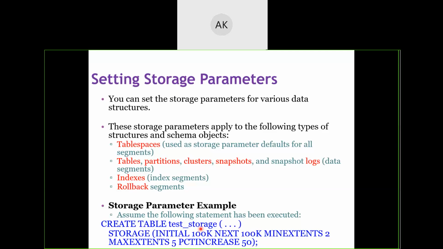But as a developer, if you want to control it, then you can work around with these parameters. 1, 2, 3, 4, 5 parameters are there which you can use to control the storage allocated for a table or some other schema object. Here in the example, I have taken the table, but you can have any other schema object also. Okay, so these are the storage parameters which you should memorize.